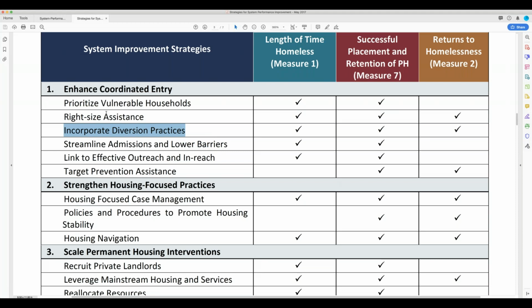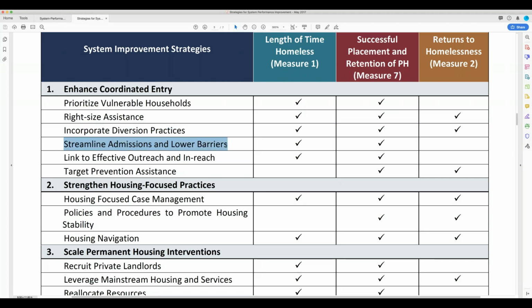Because if the person calls and talks to one agency and then calls and talks to another agency and another agency, it's definitely not coordinated entry, and the chances of diverting someone when we don't have a unified front as a system is very low, because someone's going to break through with a case manager or an open bed somewhere potentially, and they may not need it.